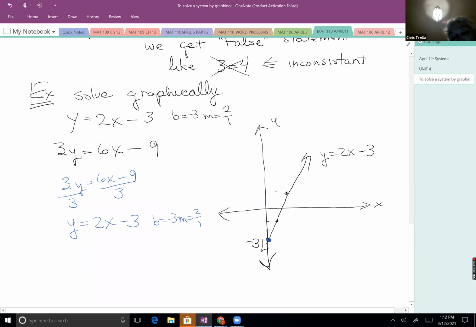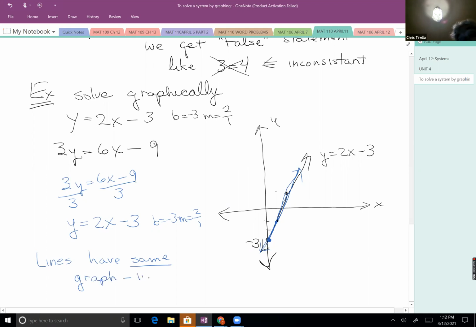Wait a minute. Don't those two lines fall on top of each other? Since the lines have the same graphs,